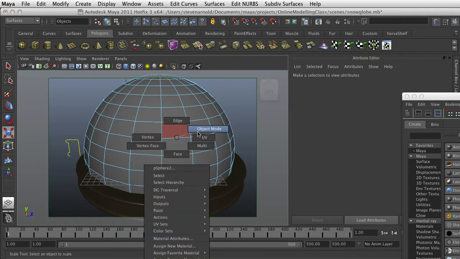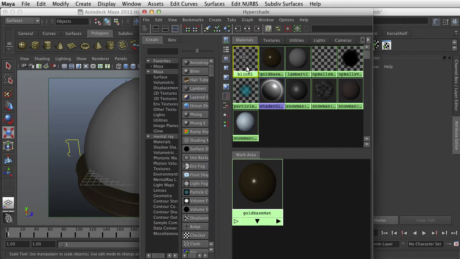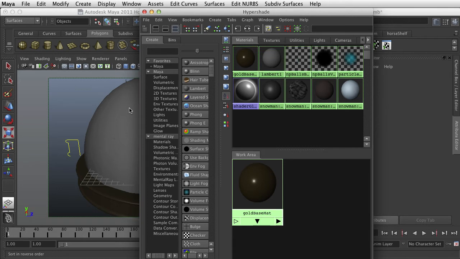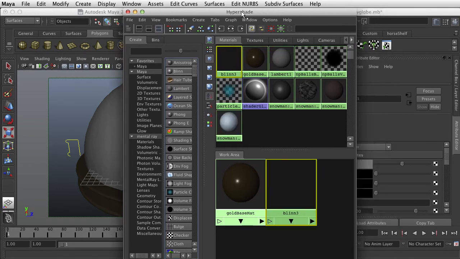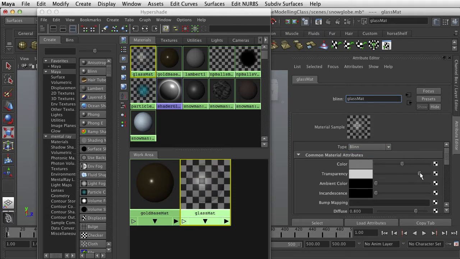And then I want to open up my Hypershade, and I've already done this, but I'm going to delete that and do it again. I want to make a material for the glass. I'm just going to choose a blend, and name it glass matte, glass material. The color doesn't matter because we're going to make it fully transparent. Or I might leave just a hair. Don't take it all the way to full transparent. Maybe just a little bit